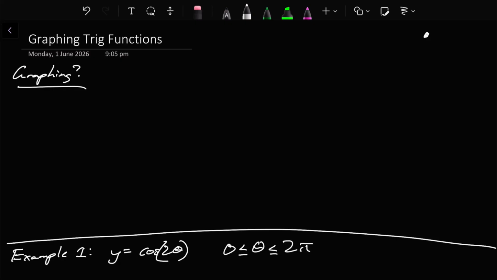Anyway, what is graphing? Well, we kind of know what graphing is, right? So I'm not going to explain the basics of what graphing is, but just particularly in relation to our trig functions, we know that our trig functions all derive from the unit circle, right? We have this unit circle, and then we have this line that we rotate, and this point measures cos theta, sine theta, and then tan theta is made up of those things, right? But we notice because it's a circle,